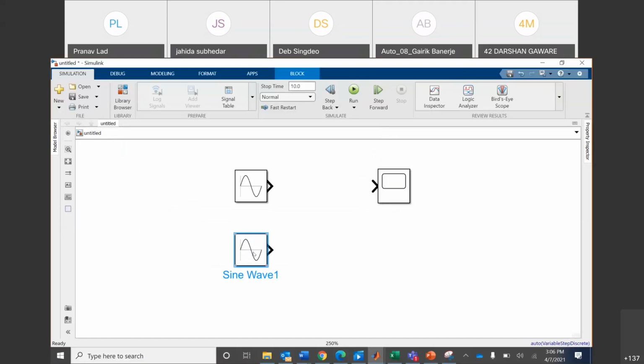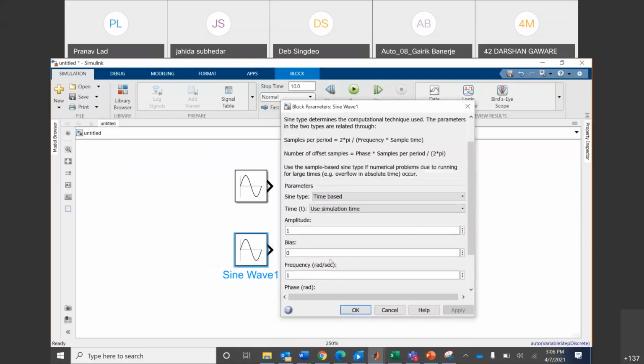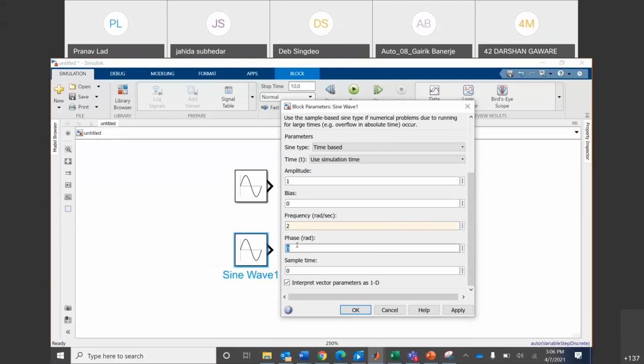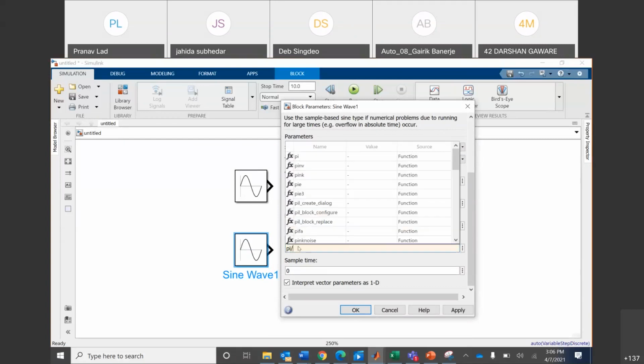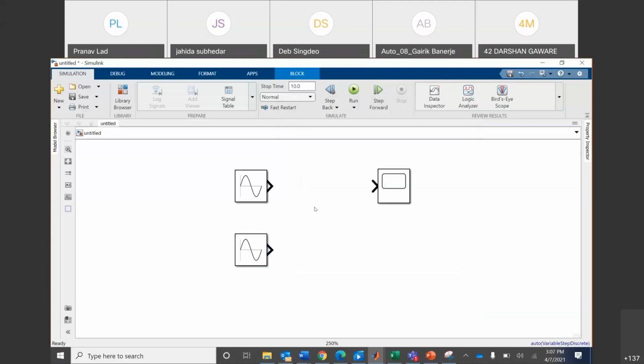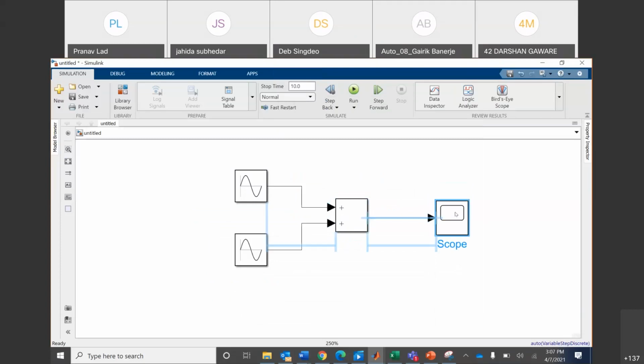For now, let's just add a sine wave, but with a different frequency, and maybe I'll change its phase to pi by 2, right? And maybe let's add both the signals. You can use the add block or the sum block to do that. Connect those to the scope and let us run it.